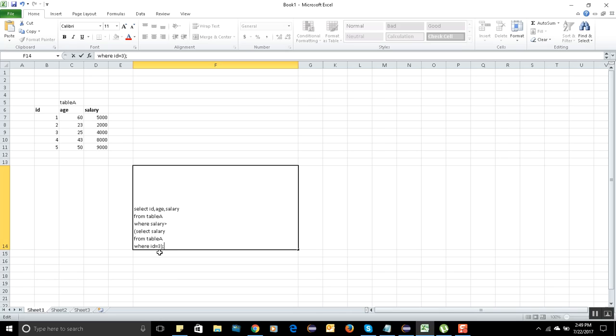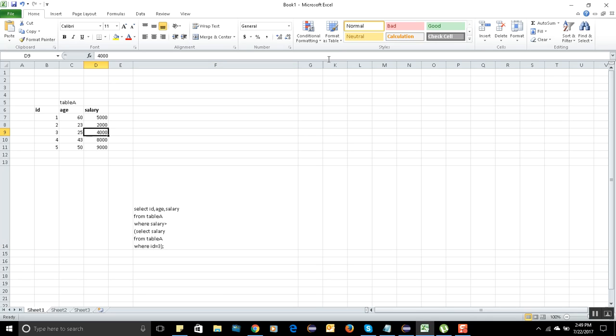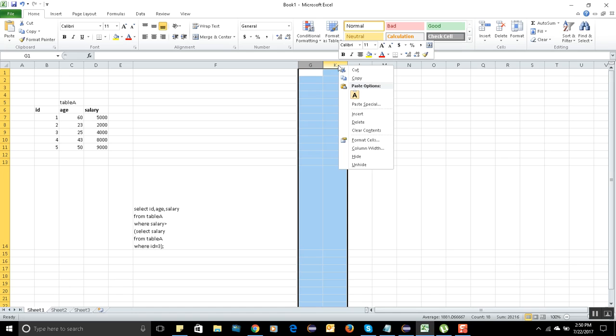Let's just quickly review. You're getting the ID, age, and salary from this table wherever the salary is greater than, and that is comparing against this inner query. Essentially you're saying select everything from this table whenever the salary is greater than $4,000, right? If you were to look at the output that you would get,